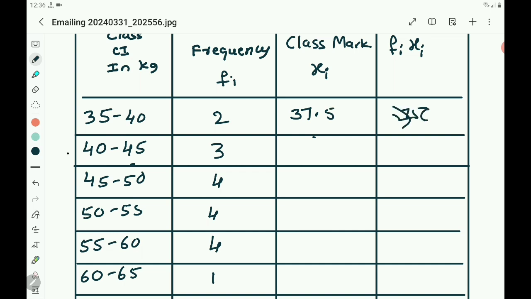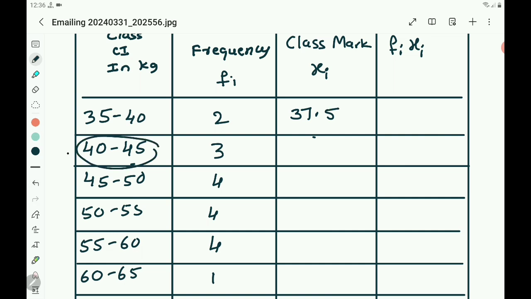75 by 2: 2 3s are 6, 1 carry, 2 7s are 14, 1 is remaining, and 2 5s are 10. So 75 by 2 is 37.5. Next,